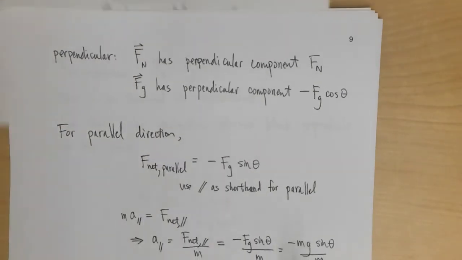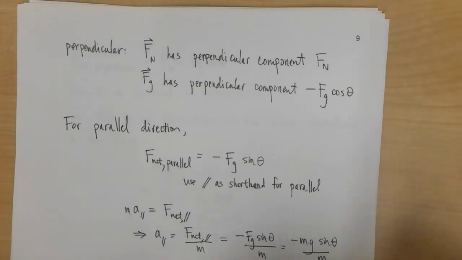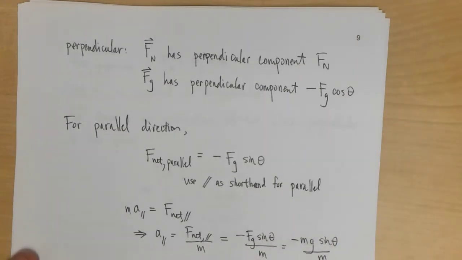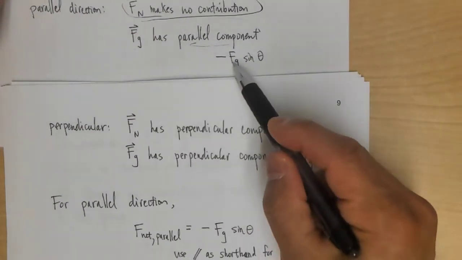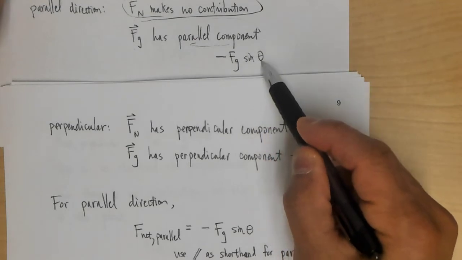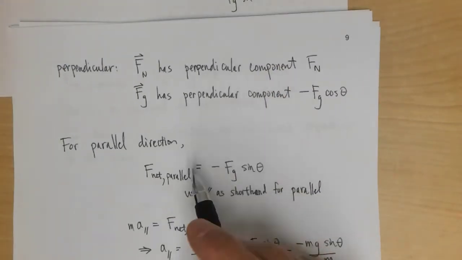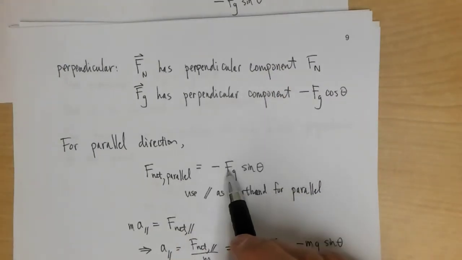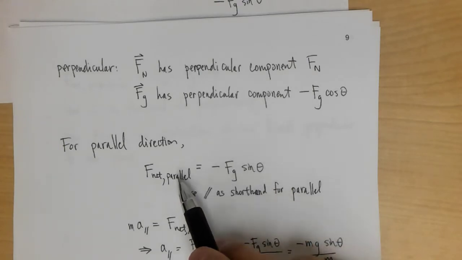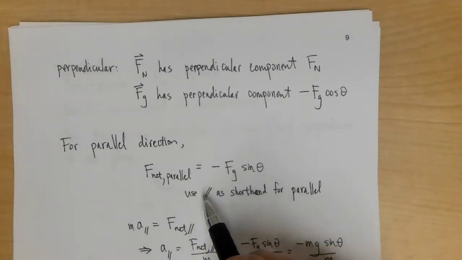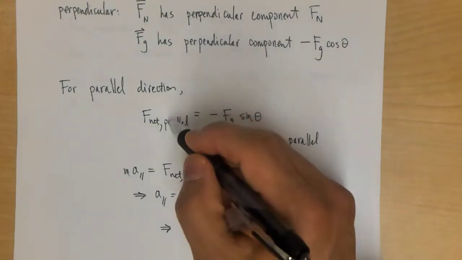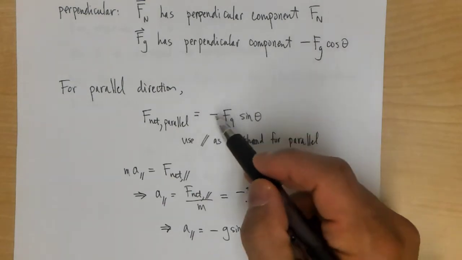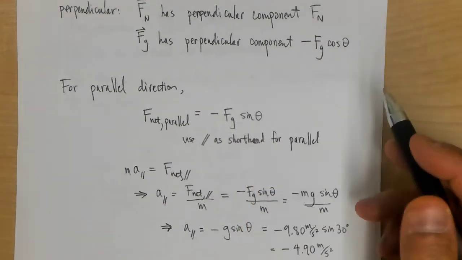Okay, so let's put together what we just said. We said that for the parallel direction, we have, it's right here, negative Fg sine of theta. So F net parallel is negative Fg sine of theta. Since parallel is kind of a long word to write, I'll just write it as two parallel lines. So I have now that the net force in the parallel direction is minus Fg sine theta, but we can